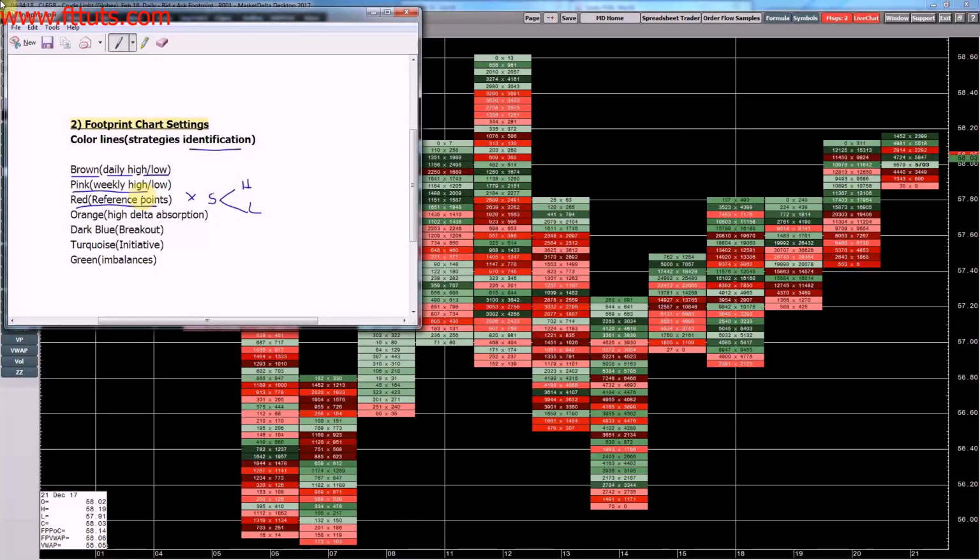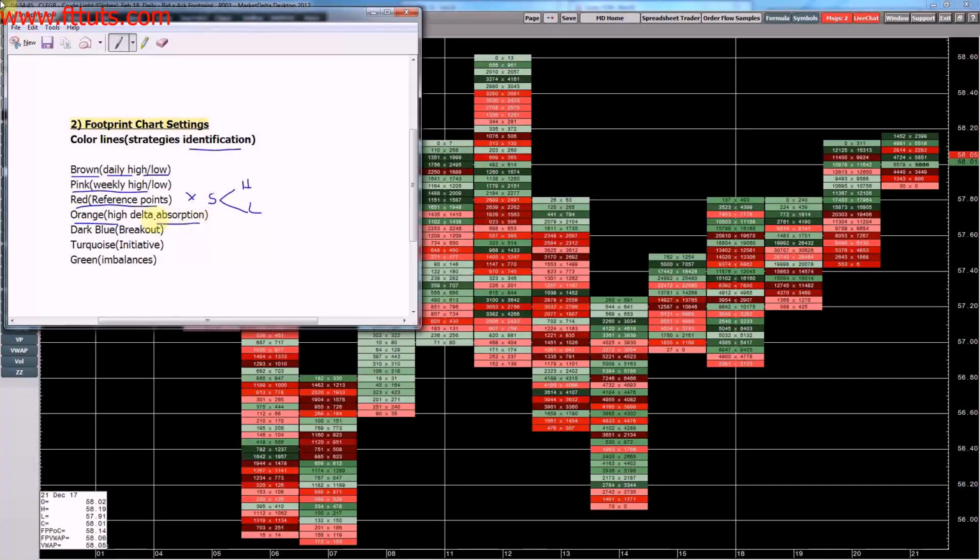It's drawing my attention to this having been quite an important reference on economic data. Then orange, I utilize for high absorption. I've spoken a little bit about this in Unit 3, what absorption is, what it looks like, and you'll see me talk about this extensively throughout the strategy sessions. So for me, I use orange to signal where there's been some really high absorption or really, really big delta